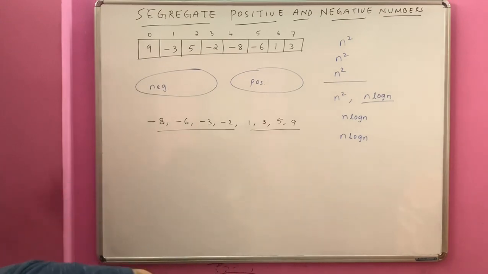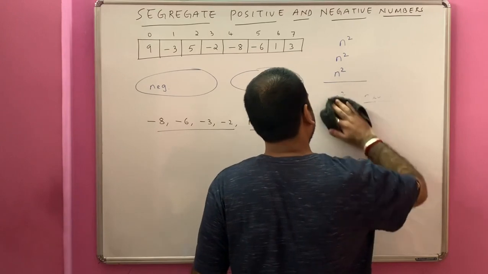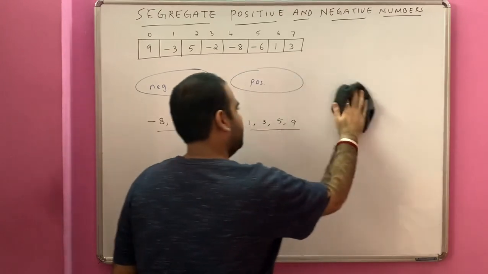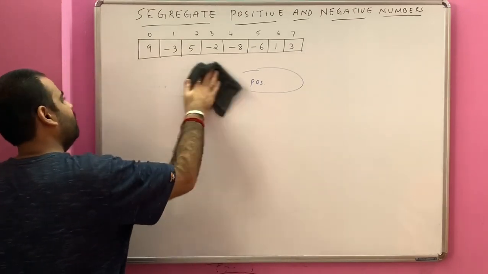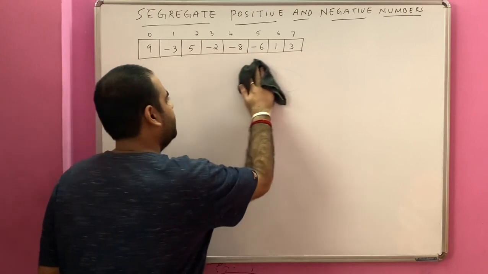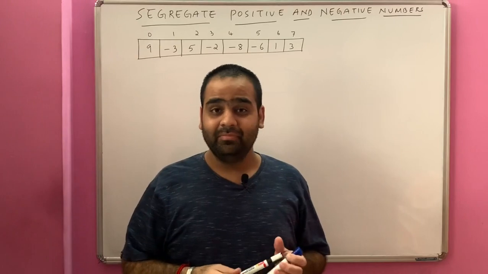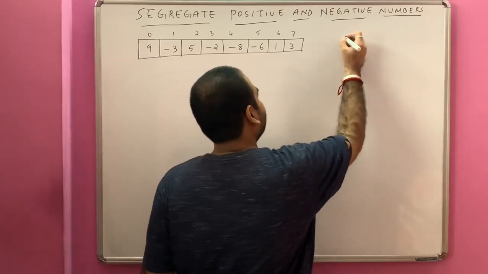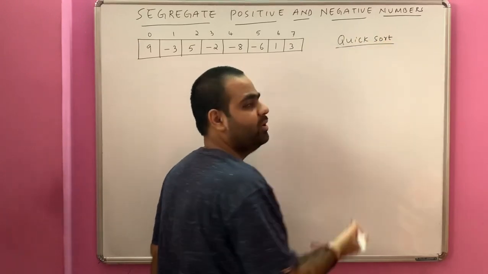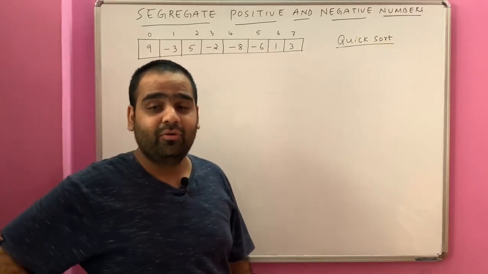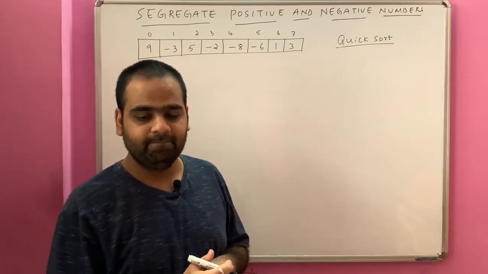Now my question is, order is not important, I already said. Can we do it in big O n time? Can you think of doing this in big O n time? We said that if we apply the sorting algorithms, the least time that we will get is n log n. Yes, we can do it in big O n time. How? Using quick sort. You said just now, quick sort is big O n log n in average case and n square in worst case. Again you are saying apply quick sort. How is it possible? It is possible.